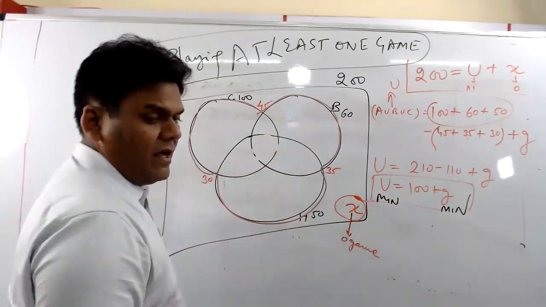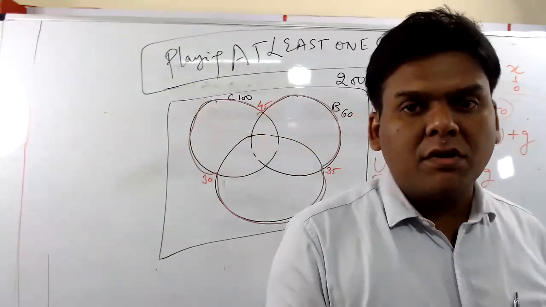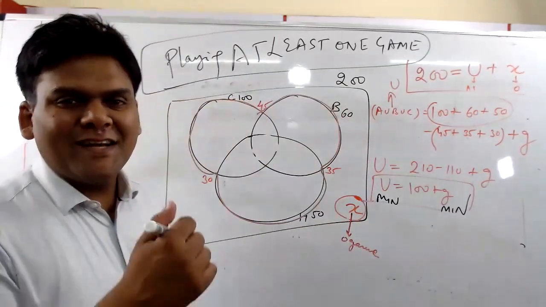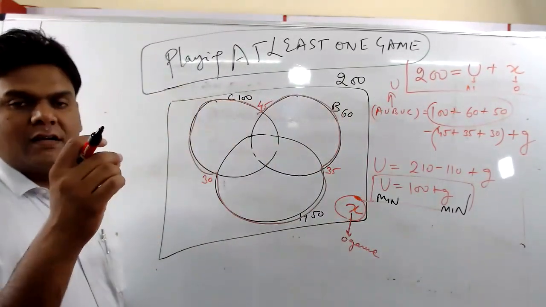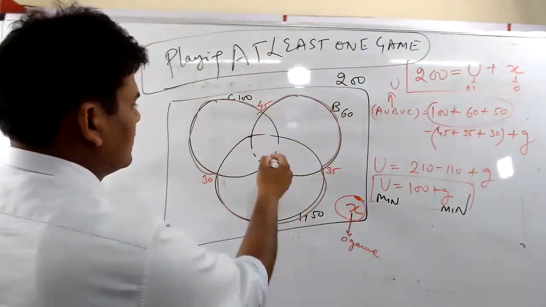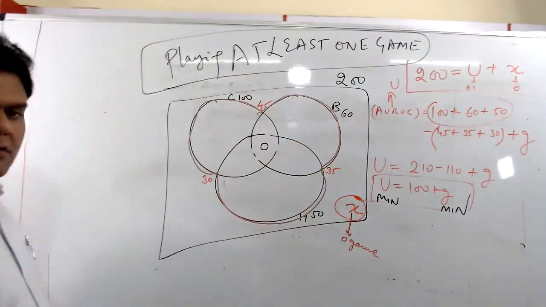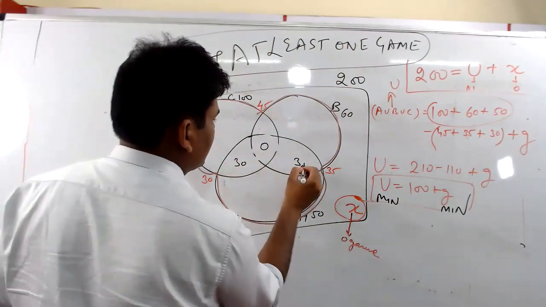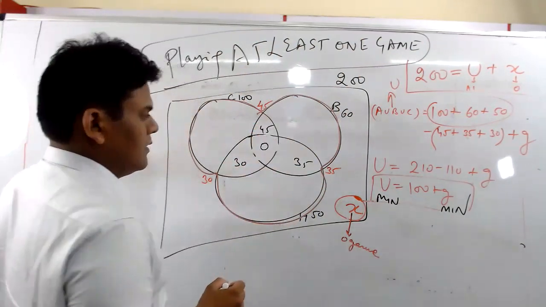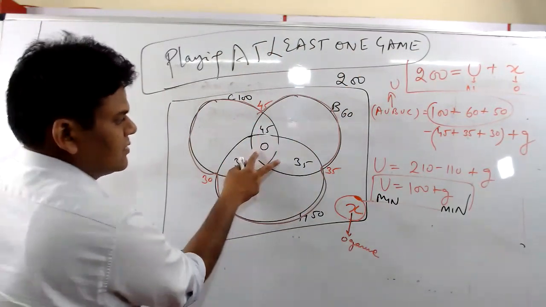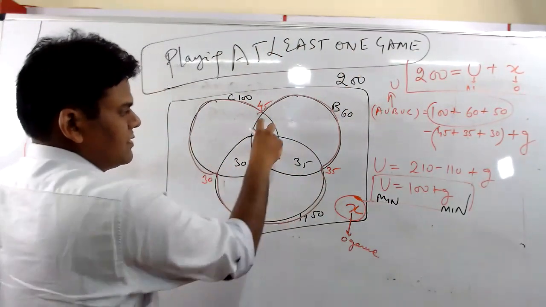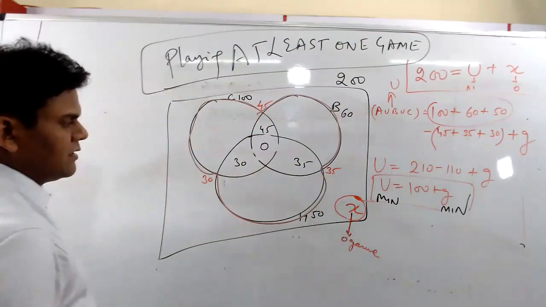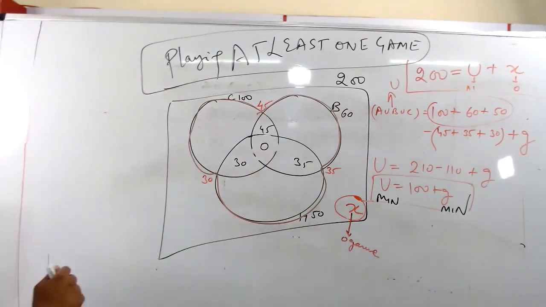What can be the minimum value of an integer representing number of persons, number of students? Can it be negative? No. So what can be the minimum value of something which is representing a value? 0. Yeah, let's try taking it. If this is 0, this is 30, this is 35, this is 45. No, this total was 35, so this is 35, this total was 45, so this is 45. This summation was 30, so this becomes 30. Let us see if that is possible.